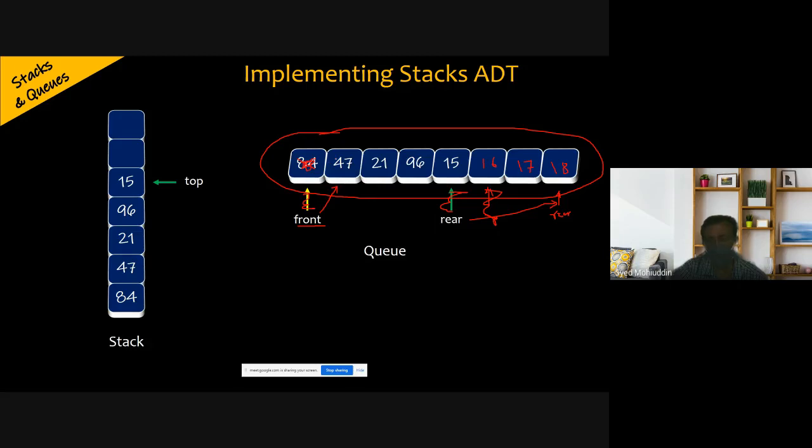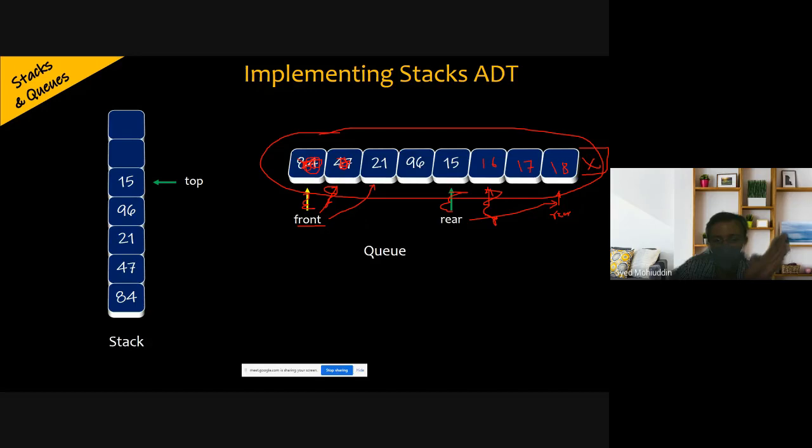If I remove another element, 47, let's say, front will now be pointing to this node, and these two cells are empty. But suppose I now try to insert an element in the queue. I have to increment rear, and there is no space available here. The size of the array is exhausted, so I will not be able to insert an element, even though there are